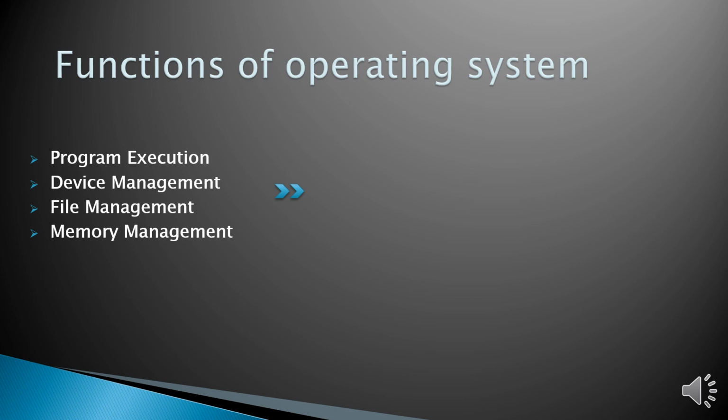What is program execution? A computer always works according to the instructions of the user. It receives the command from any application or system program, interprets it, and executes it. It means if you want to work on any application software, you double click and open that software. It means you are giving a command to the operating system to execute this file and open it for you.